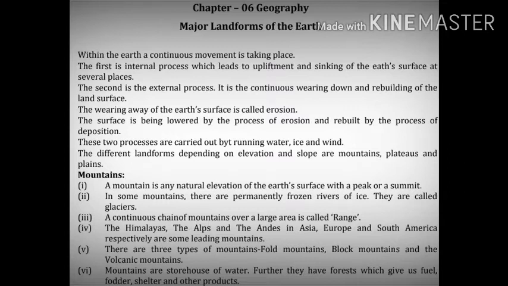These two processes are carried out by running water, ice and wind. The different landforms depending on elevation and slope are mountain, plateau and plain. So in all these points we came to understand that